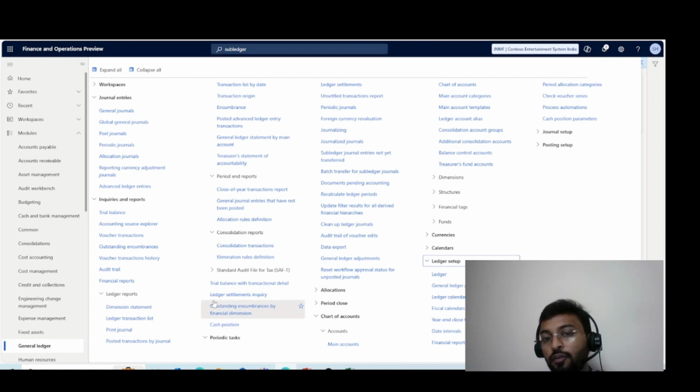But now we have a handicap, I mean, there are no ready-made reports to identify this, like sub-ledger journal entry not yet transferred, which is what I'm talking about. And here, if you see in inquiry and reports, we have ledger reports, and in ledger reports you will be able to find